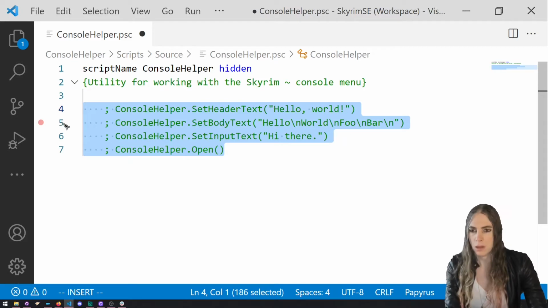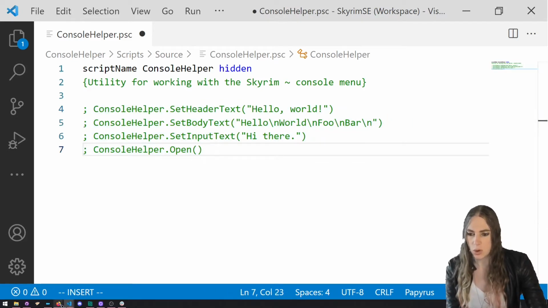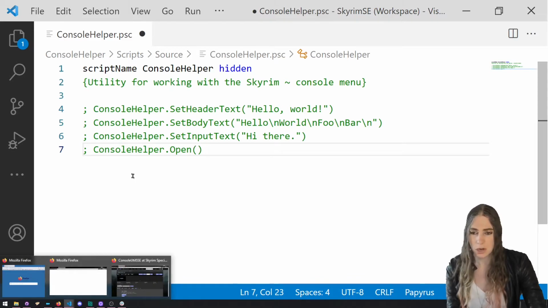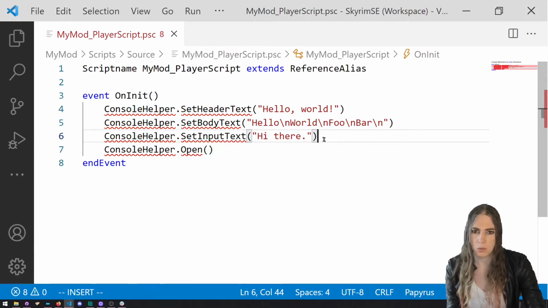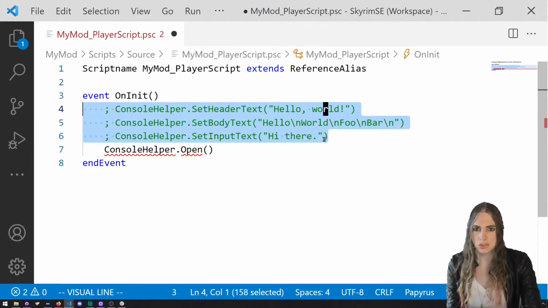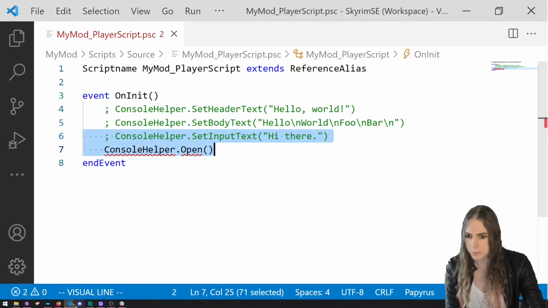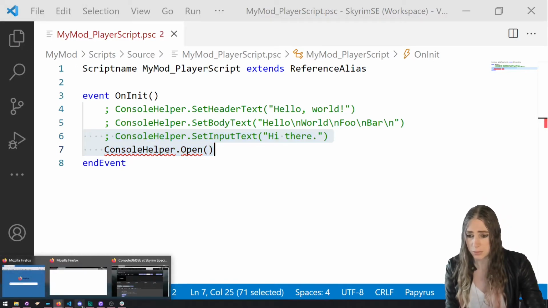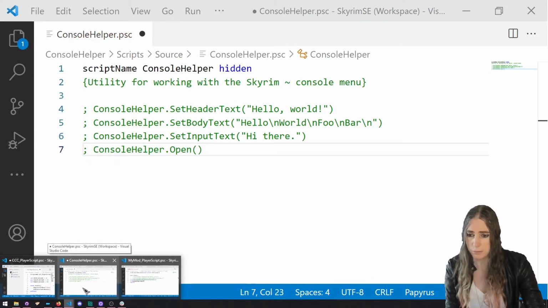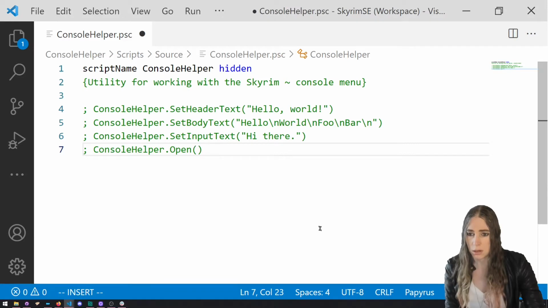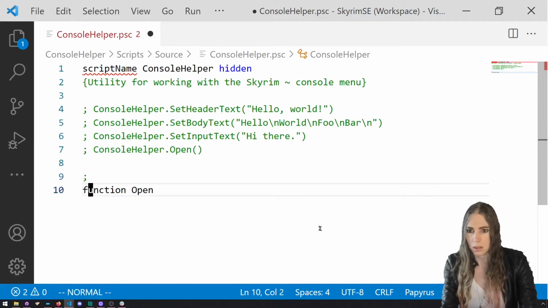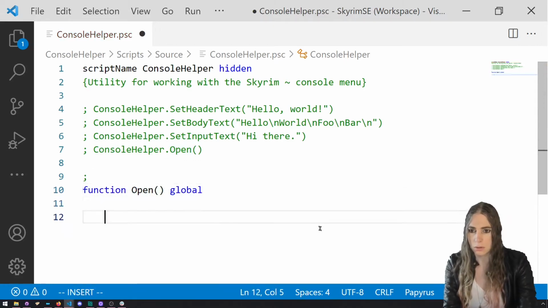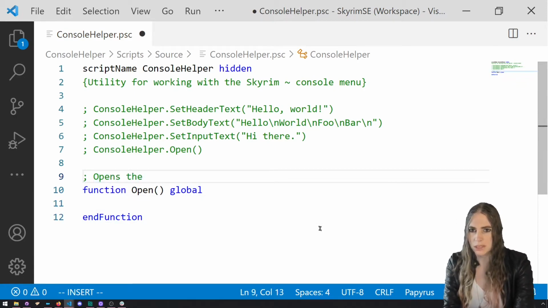It was a truck. So we may also want to do these things one at a time. Like we should just do open to start with. Let's go to my mod, and let's say we'll do open, and then we'll do set like header text. So let's start with open. It's super easy, and you'll see why. We don't even call action script functions for that one. We just say function open global, and function opens the Skyrim